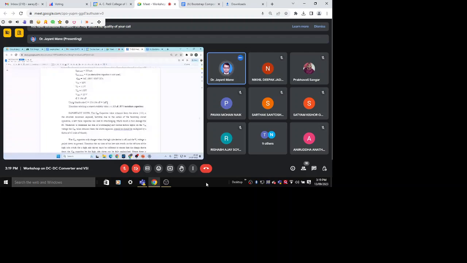There are different types of capacitors, almost 6 types of capacitors. There are electrolytic capacitors and other types of capacitors. So calculating the value, the bootstrap diode used